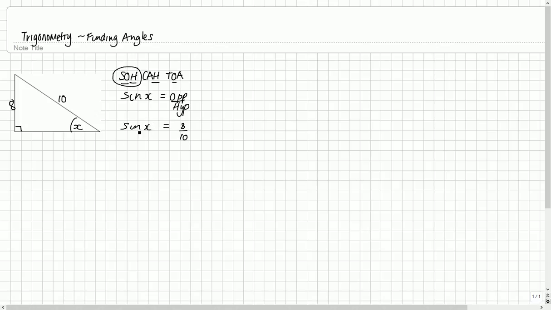So let's do that now then. Let's take the inverse, the arc sine of both sides. So that will leave us with an x on this side and sine to the minus 1 of 8/10 on this side. If you type that into your calculator now, so shift sine to get sine to the minus 1 or arc sine, and then you can type in 8 divided by 10, or you can use the fraction key, 8 over 10, close the bracket. Assuming you're in degrees mode on your calculator, you should get an answer that x is